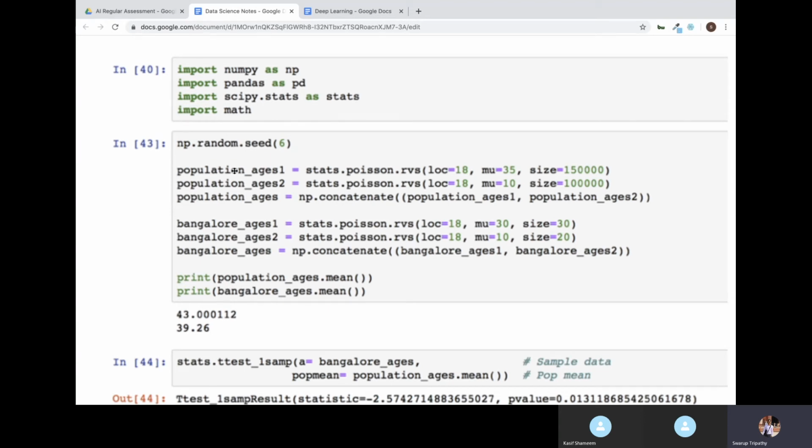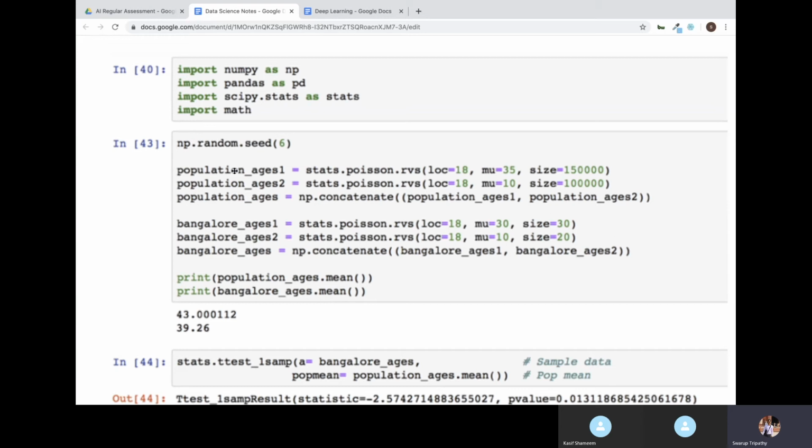Yesterday I told you about probability distribution, right? A probability distribution is where each value has a probability associated with it. Now I'm going to use a type of probability distribution called the Poisson distribution. It is a very famous probability distribution, used to generate random values. So rather than just selecting any random values, I'm creating random values using a distribution.